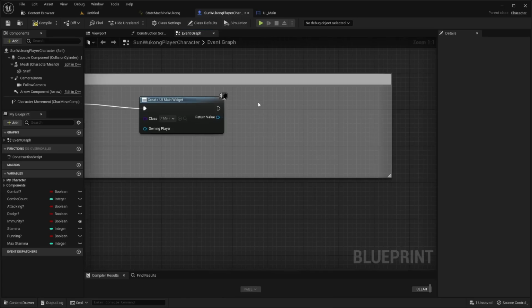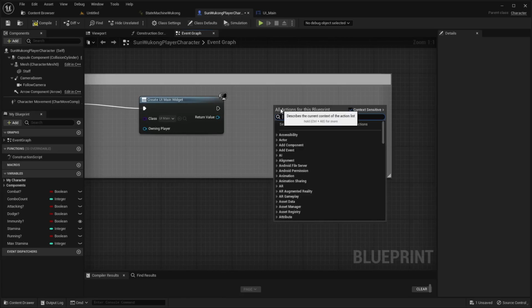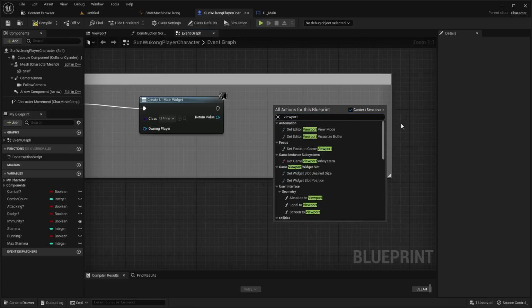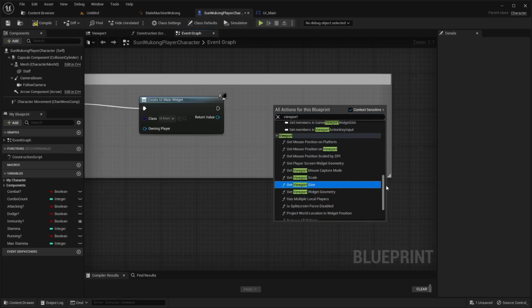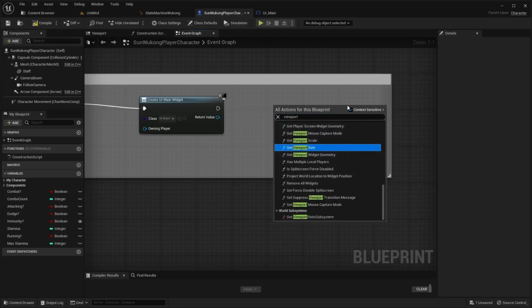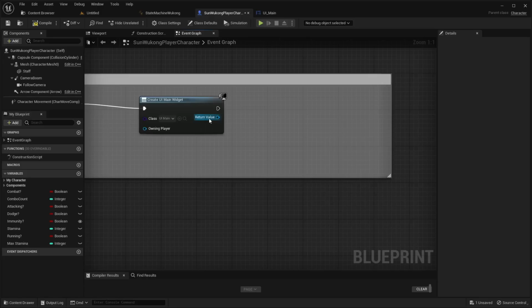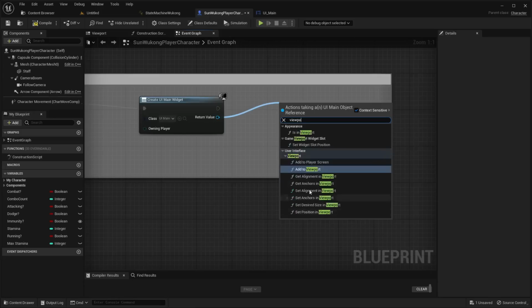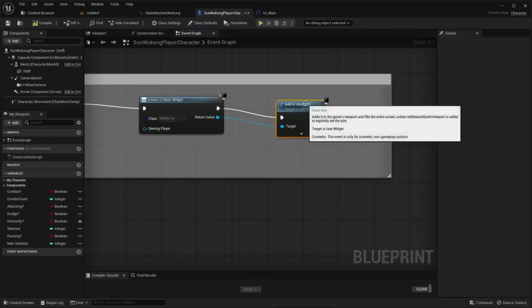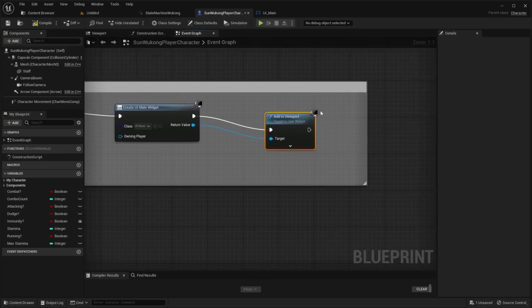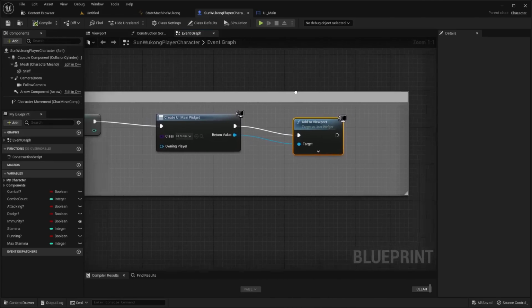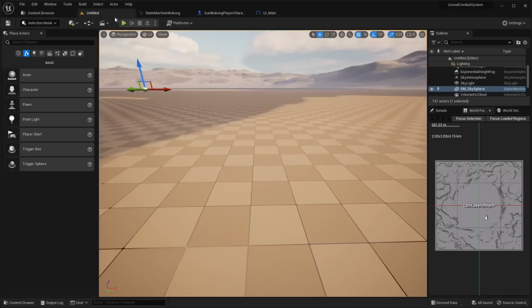Strange, it's not appearing. Add to viewport is not appearing. Let's see. I got the name of the function wrong, or something like this. I don't see the reason for this. Yeah, now it's appearing. For some reason, it wasn't appearing before. So I'm going to add this to viewport just like this. Compile, save it, and now if I go back to our game,